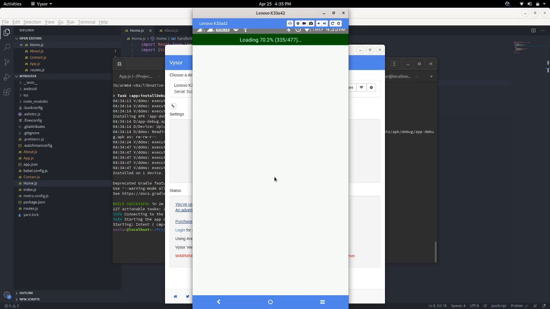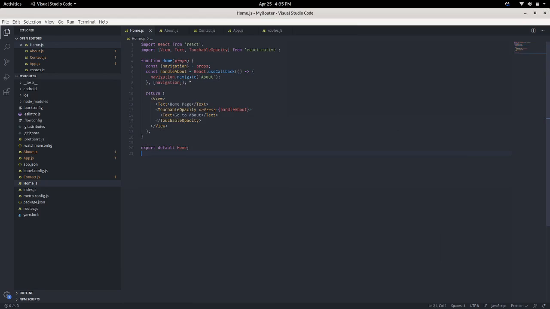Now our app is building. Now we will do the same thing for the about page.